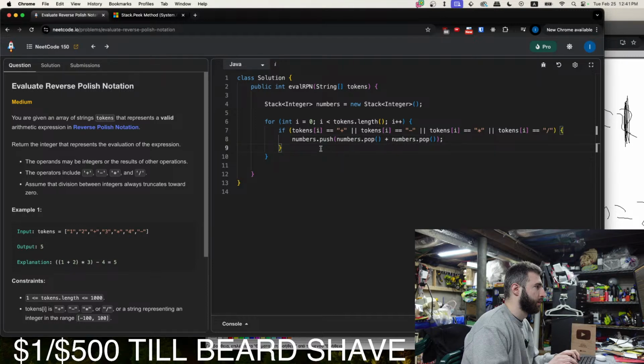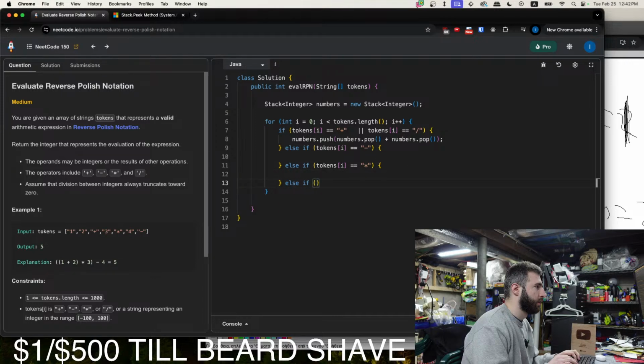Else if tokens i is equal to minus. Else if tokens i is equal to multiplication.